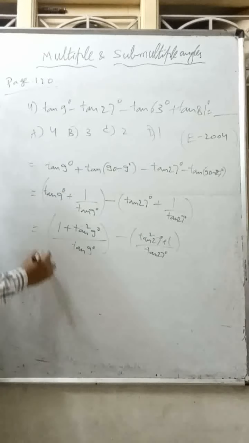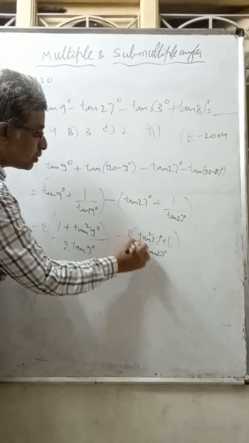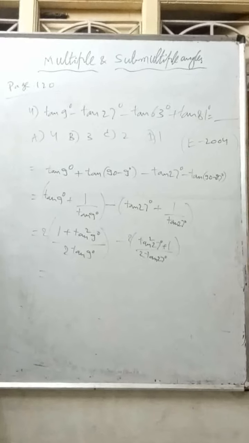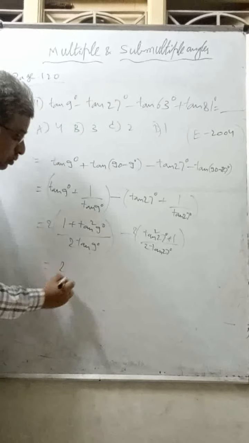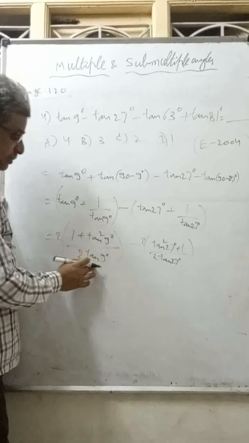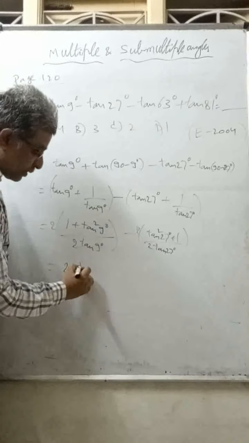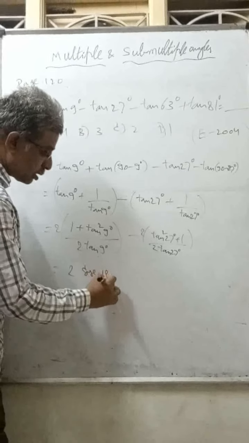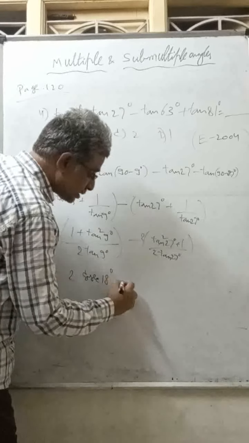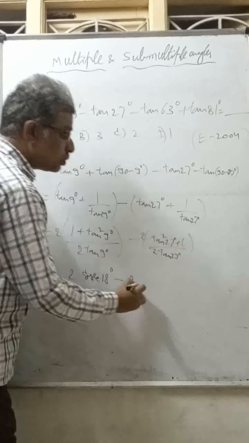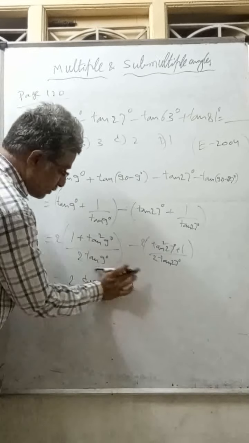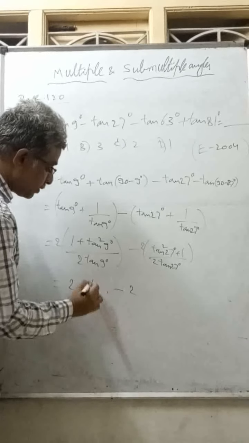Now what I want to say is, multiply by 2 by 2 here and 2 by 2 here, what happens? This is 2 tan theta by 1 plus tan square theta, which is sin 2 theta, reciprocal. So it becomes 2 into the reciprocal of sin 2 theta, which becomes 1 by sin 18, or I will write it as cosecant 18. Minus, coming to this, 2 into the same sin 2 theta. 2 into 27 is 54. So better I will write 1 by sin 18 only so that it will be easy for you.